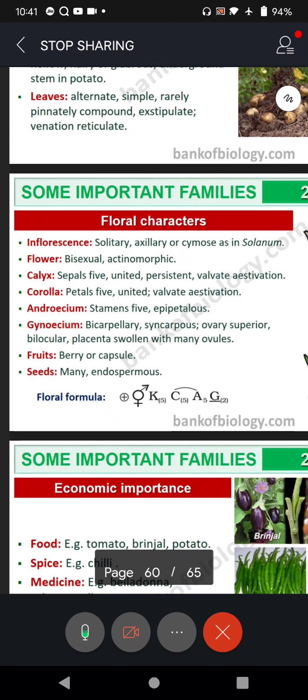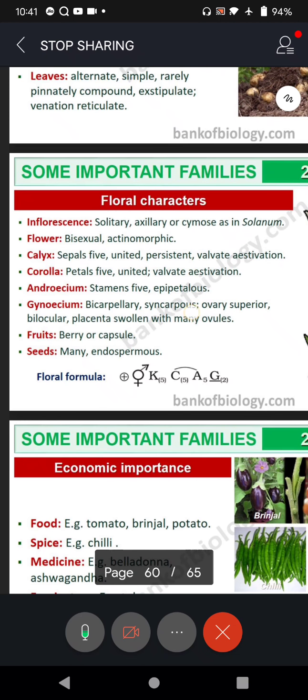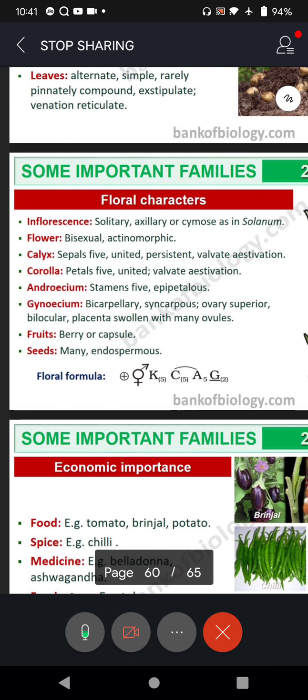Next, calyx. What is calyx? Calyx is a group of sepals. Group of sepals, very good. So calyx is a group of sepals. How many are there? 5 are there. So for calyx the symbol is K. Now here I want to give a slight caution. The spelling is CALYX, but the symbol is K. So don't get confused. The spelling is calyx, but the symbol that we are using is K.